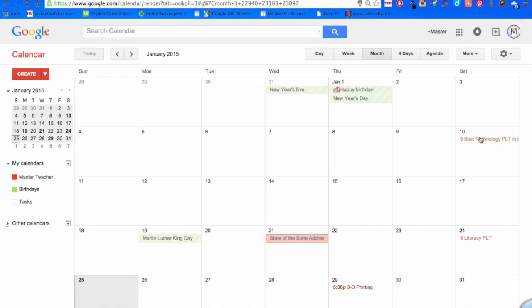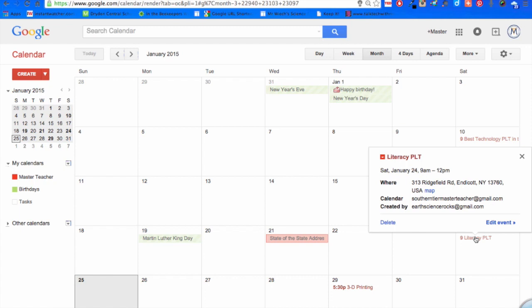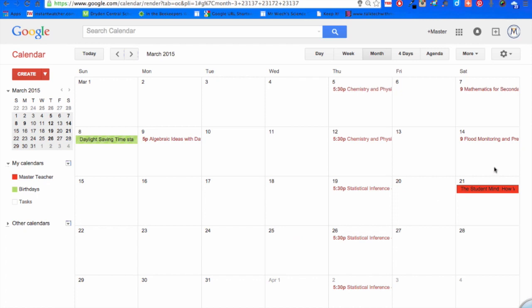You can see that we had our technology PLT, we have the 3D printing, we had our literacy PLT. It's pretty simple, and the more you put into the event you have, the more people can see. So I created the literacy PLT, and if I want more information, so from the Google Calendar you can go